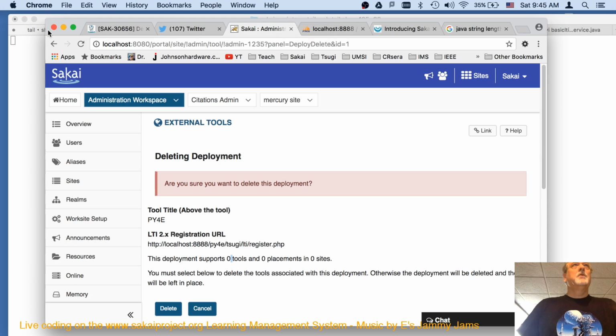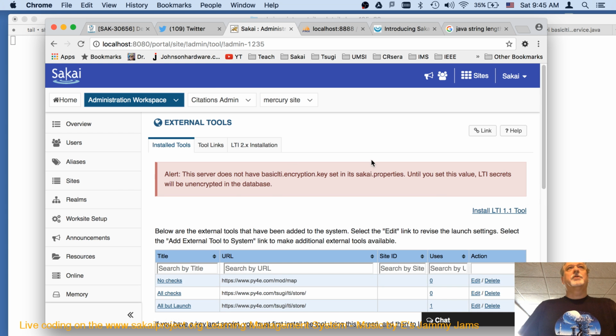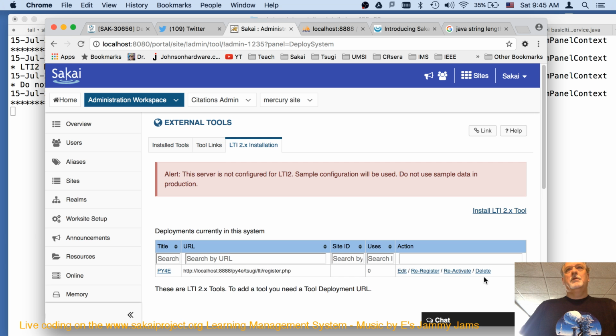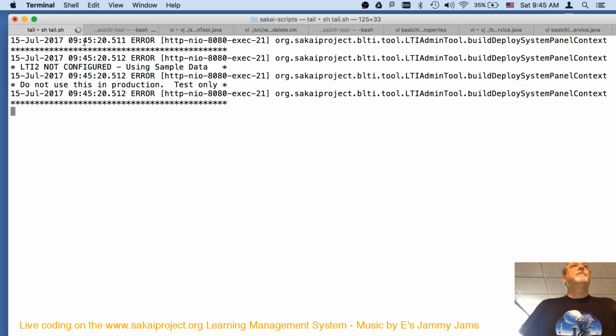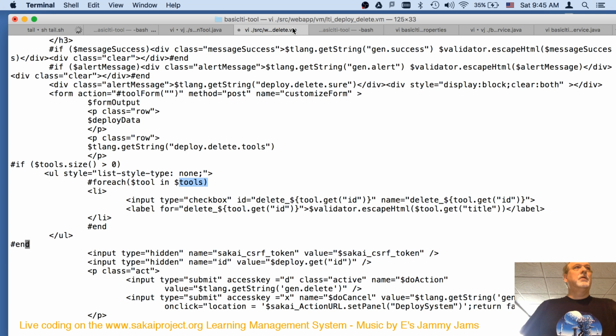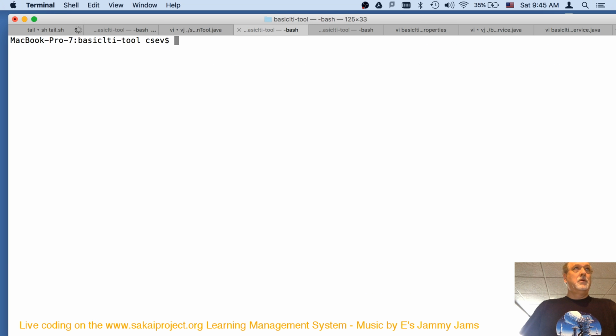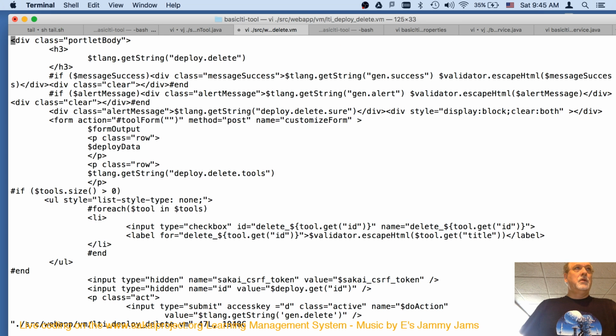Okay. So now I should be able to come back and hit, I don't know if I can hit reset. Can I hit refresh? What? That didn't work so well. Okay. What did I do wrong here?